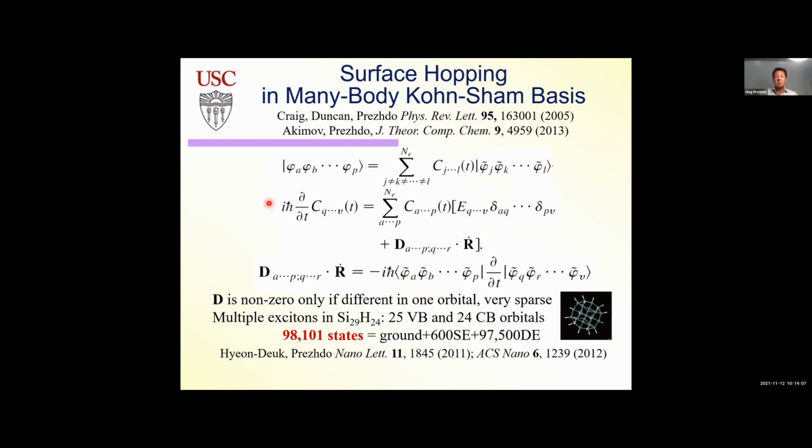Often we have to deal with huge dimensionalities. For example, we had a couple of papers 10 years ago where we had to study multiple exciton generation in quantum dots, which was a very important topic for a long time. And then it evolved into singlet fission, for example. And even in a small quantum dot like this, we had to deal with hundreds of thousands of states, almost 100,000 states, and then later more states. And in this Kohn-Sham representation, many-body Slater determinants made of Kohn-Sham orbitals give us very sparse non-adiabatic matrix elements, and we could evolve the Schrödinger equation in hundreds of thousands of dimensions.